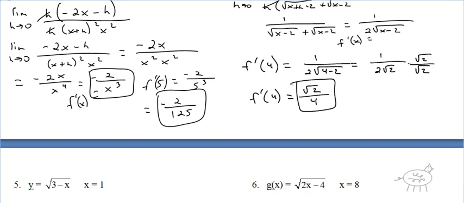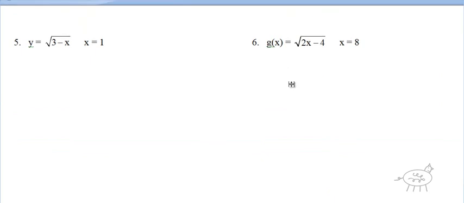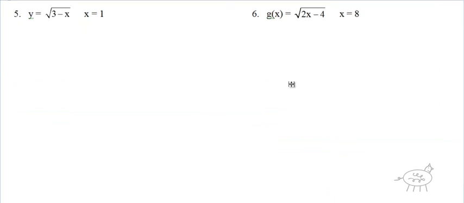Okay? Not bad. Okay, we got a couple more examples here. Just a little more radical action. This one's a little trickier, and the only reason it's a little trickier is because it's 3 minus x as opposed to x minus 3, but not that big of a deal. Okay? So we're going to do the limit as h approaches 0 of the square root of 3